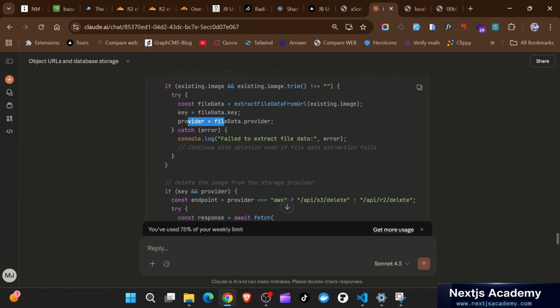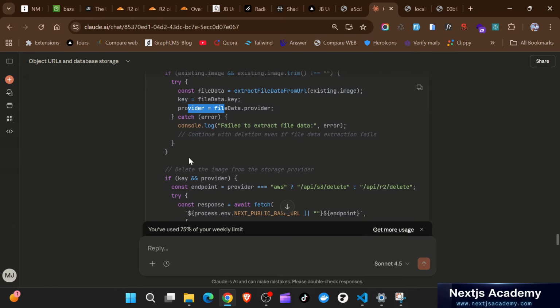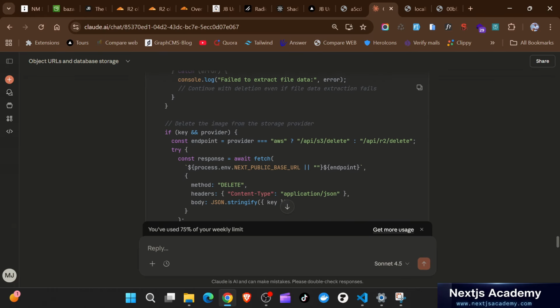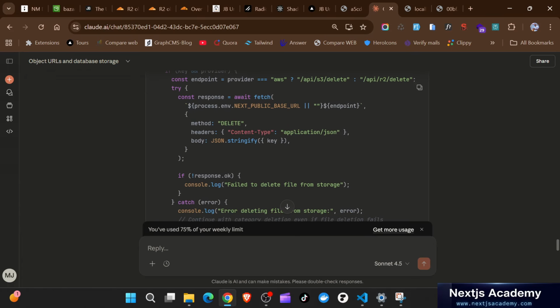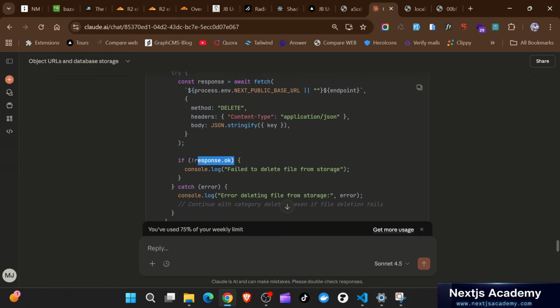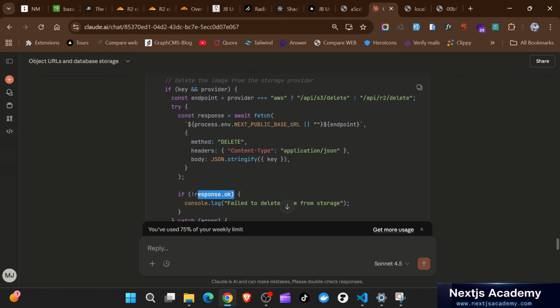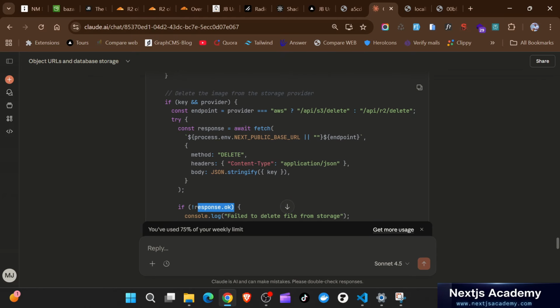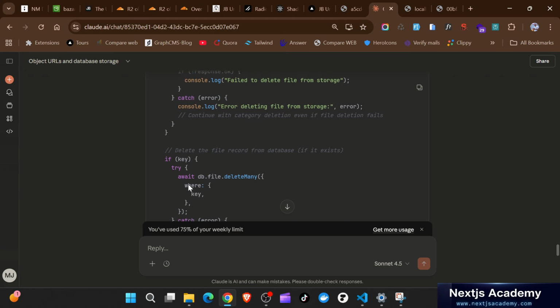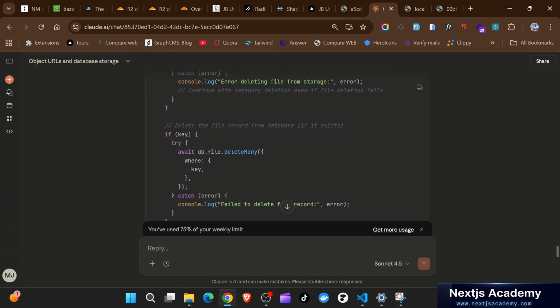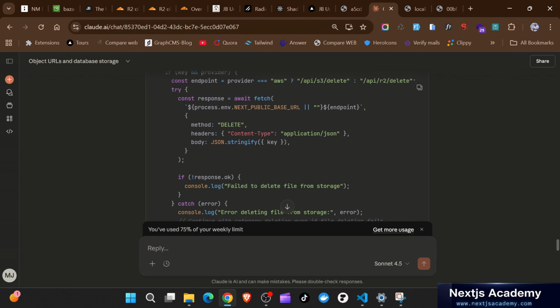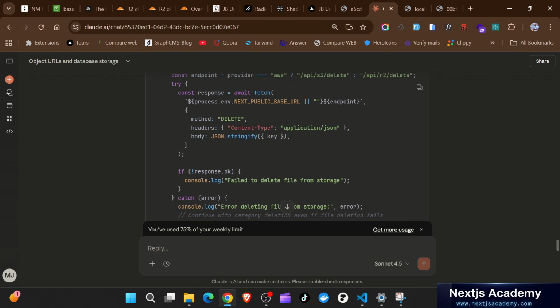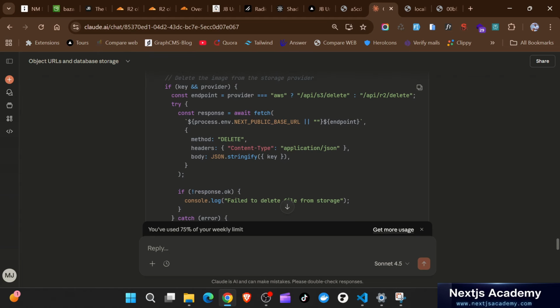Nice. Okay, here it gets the endpoints after if key and provider. Okay, it added if the response is not okay, just console here. It also added this in a try catch for good error handling. So delete the file record from database if it exists. So down here, after this endpoint was actually deleting the